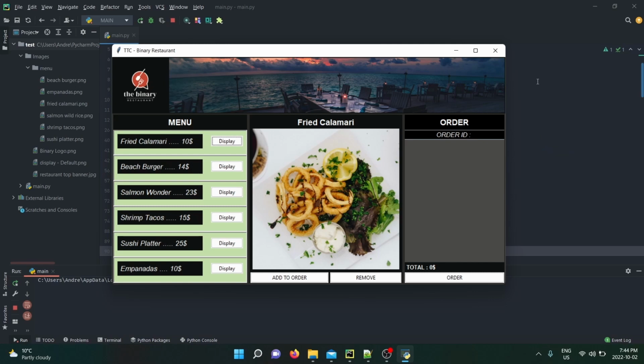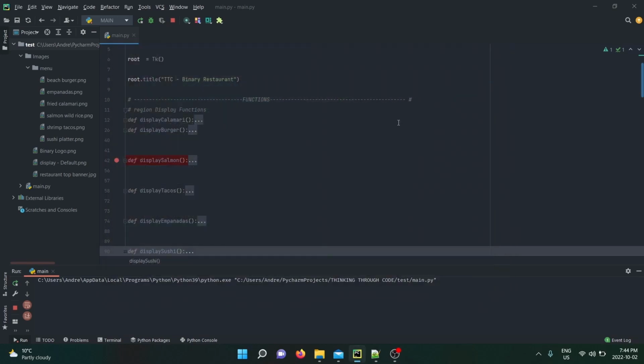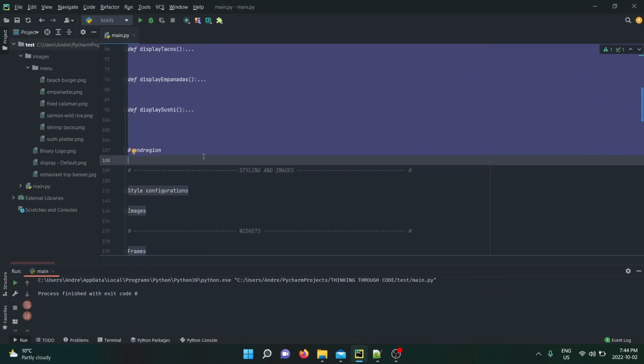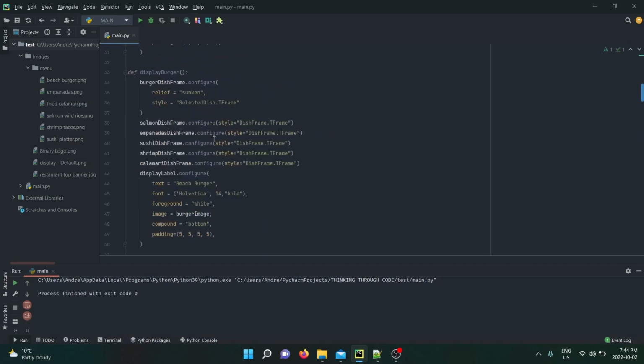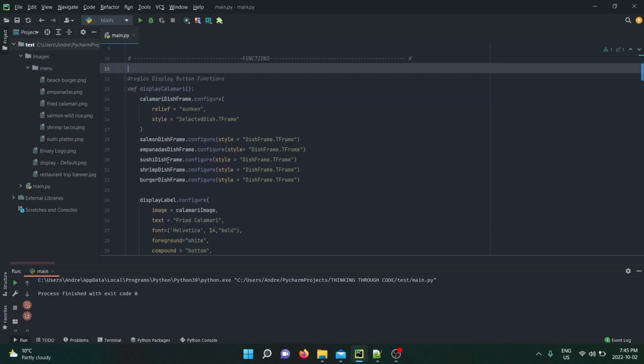So I hope you actually gave it a good try and you started debugging and you got frustrated, because that's actually how you learn. But I'll give you guys a solution right now. So in order to fix this and to go back to your gray frame after you have been unselected, you will simply, let me just paste the new code right here. Bam. You will simply just associate the styling of the previous frame, the previous dish frame styling, again on each